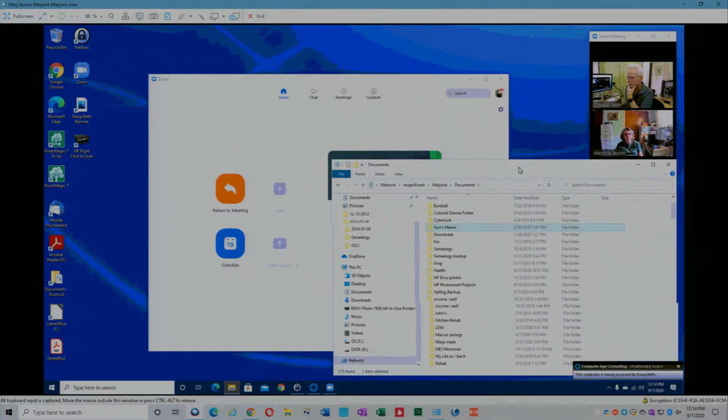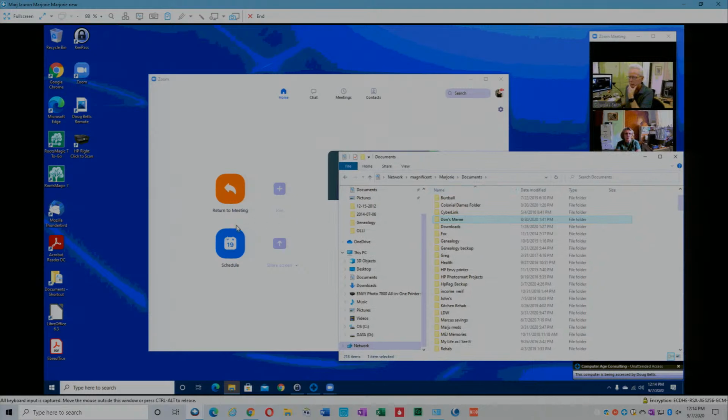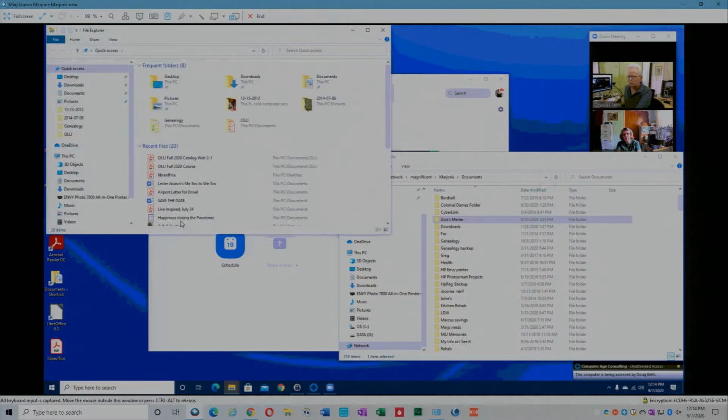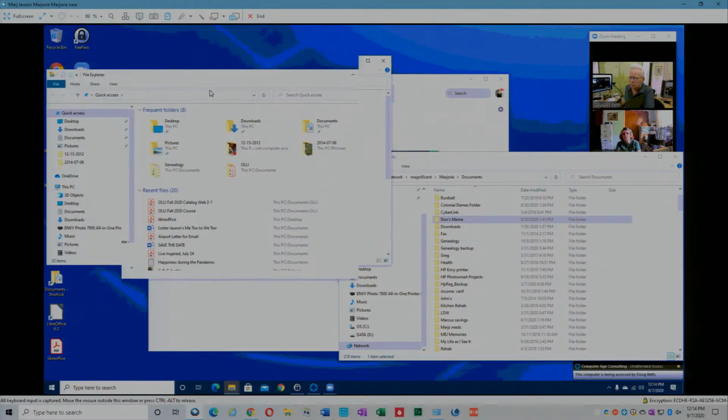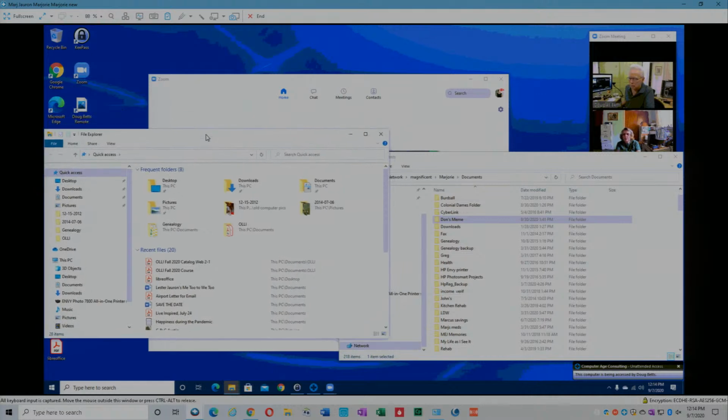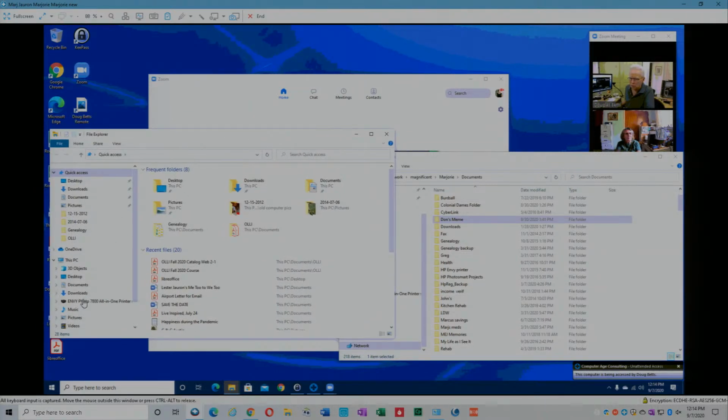to the right hand side a little bit. And then I'm going to open another window to the left of it by holding down the Windows key and pressing the letter E for Explorer. And so then on the left hand side here, I'm going to drill down to the folder we care about. So to the left of the C drive, I'm clicking to expand that section. Then next to users, I'm going to click to expand that section. Then there's a folder called Marjorie. I'm going to expand that section. And in here,